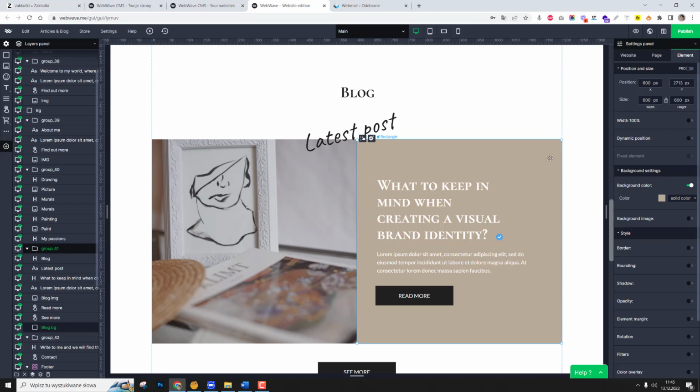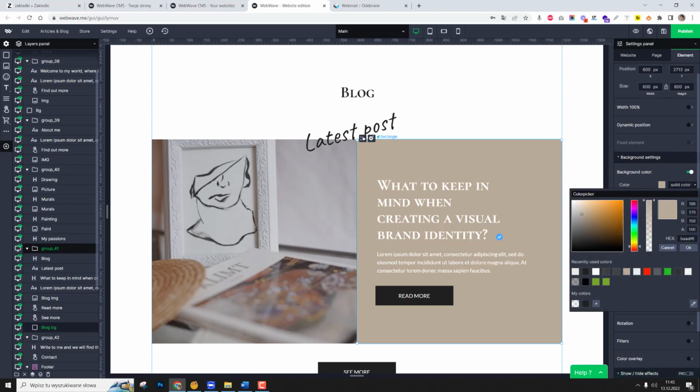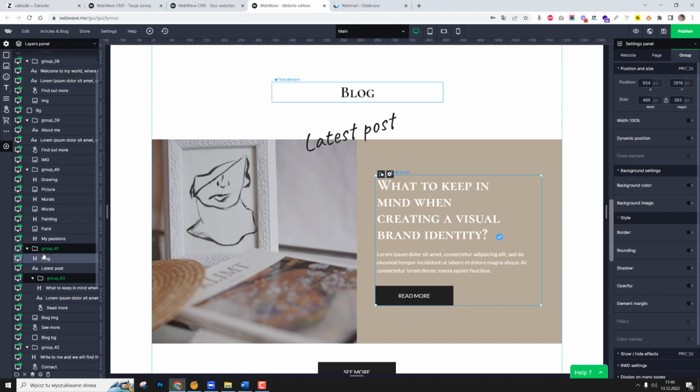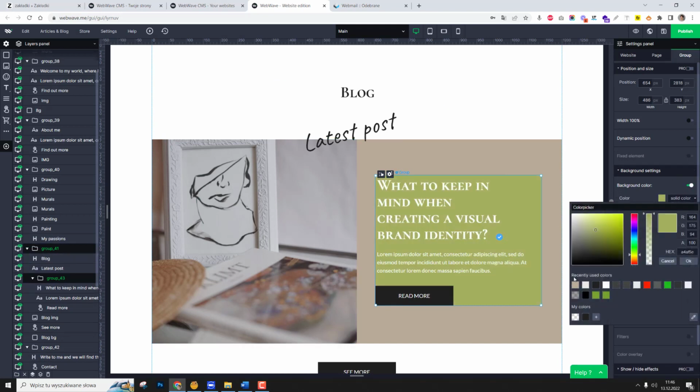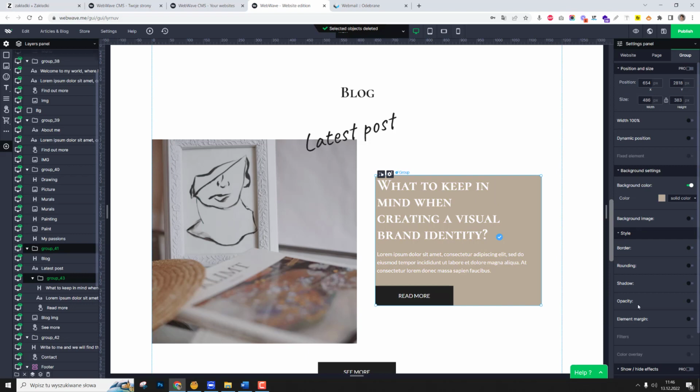So I don't have to use that rectangle again. I can take a color and I can make a group. Inside that group, add background color, change this color, delete this one, and make my